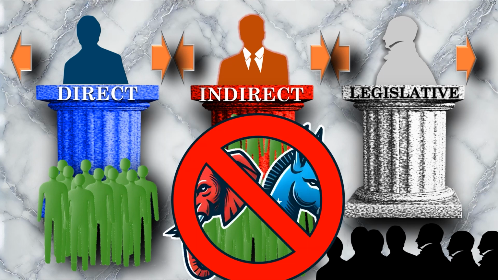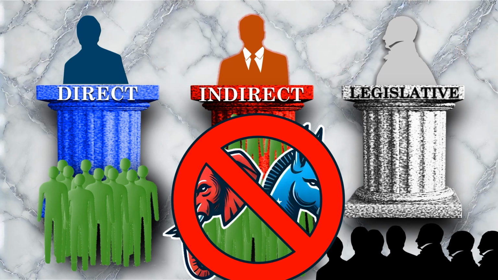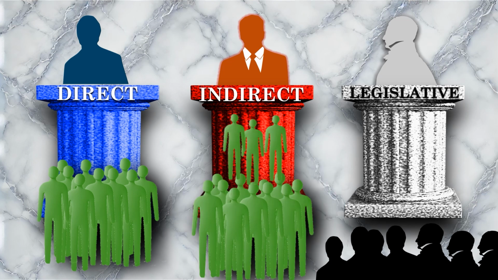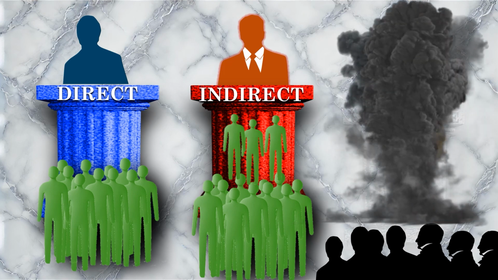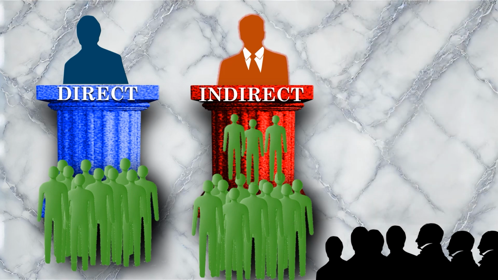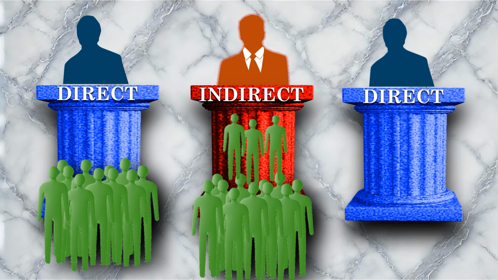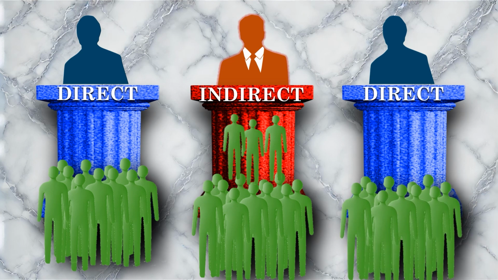What has happened over time is that these distinct election methods have been eroded, resulting in a catastrophic implosion of checks and balances, and in the process, diminishing the representative power of the people themselves. As an example, in 1913, the 17th Amendment eliminated the legislative method for electing senators and replaced it with a popular direct vote. At first, this can seem like it gives the people more representative power in government. However, as we'll see shortly, that's not the case.